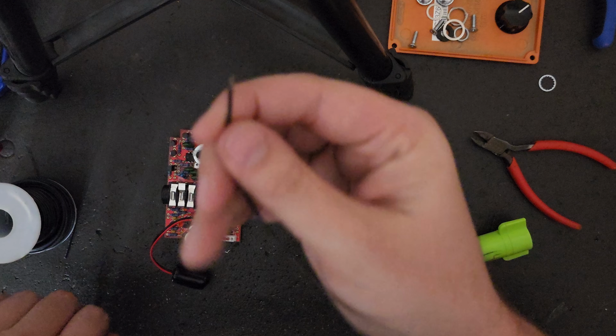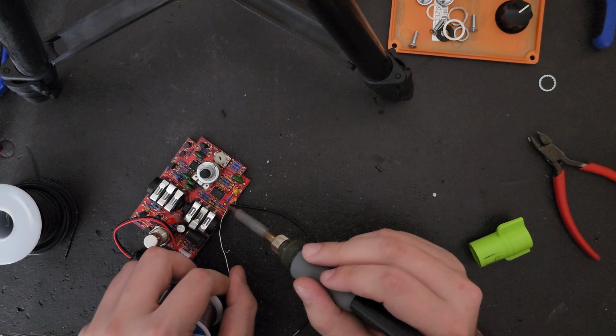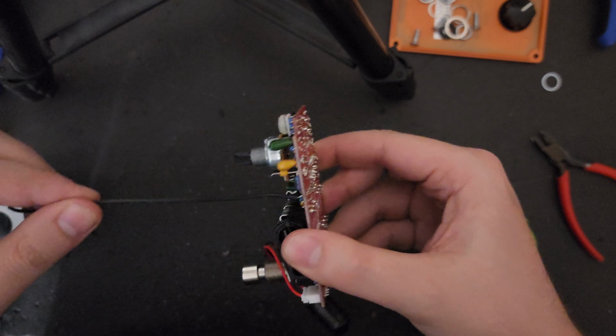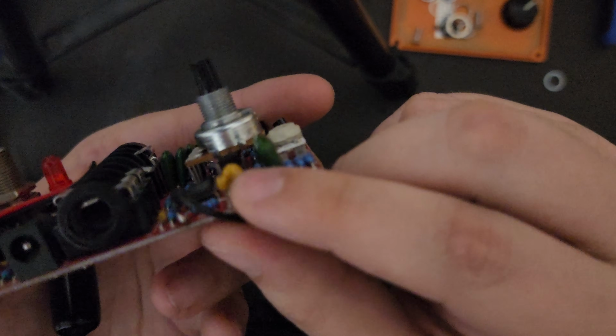Once you've fully hollowed out the hole that used to contain the leg of the component, you can take that little piece of wire that we prepped earlier, put one end of it inside of the board, and solder it just like it was a component. Just like when soldering anything else, we're looking for nice round and shiny joints, and you can give it a little tug just to make sure it's durable and it's going to stand up